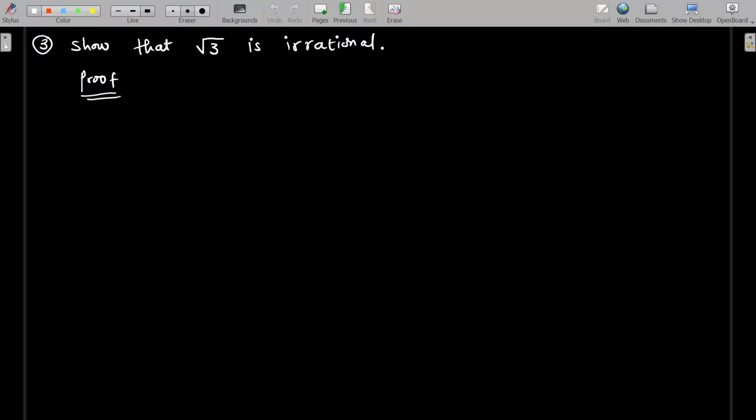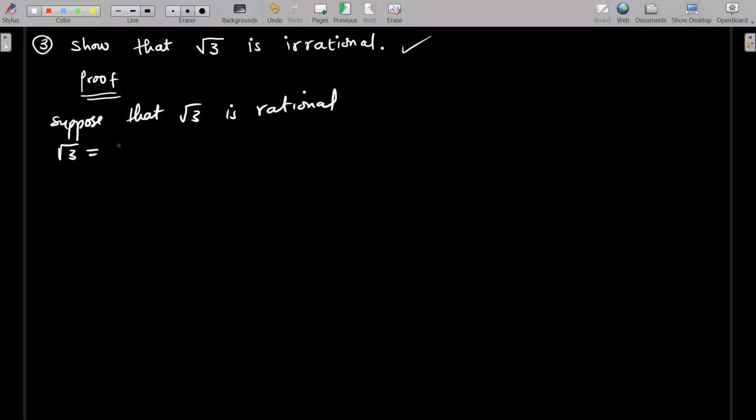So show that square root of 3 is irrational. Now we're going to prove this by contradiction. Suppose by contradiction that square root of 3 is rational, right? That is the negation of your original statement. Now, if you suppose that this is rational, then by the definition of rational numbers, I can write